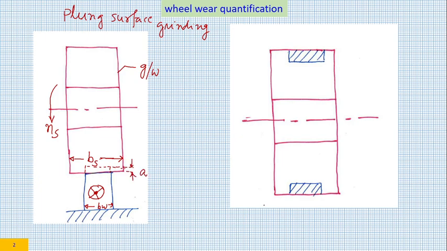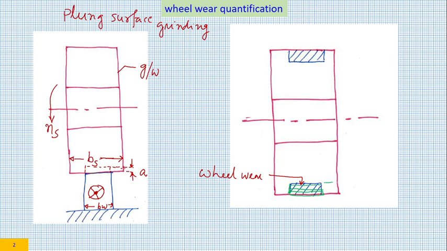If you go on grinding using the same area of the grinding wheel, pass after pass, then you are going to develop wheel wear. So there would be radial wheel wear which has been shown like this. That is, the grinding wheel surface will gradually wear out. The periphery of the grinding wheel surface which was initially here will gradually wear out and go inside, and after n number of passes this would be the feature. This would be the complete feature.